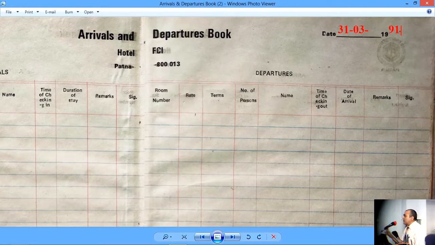So this particular page of the register, Arrivals and Departures book, is being prepared for one day. So I hope that part is clear. That is made on a daily basis.